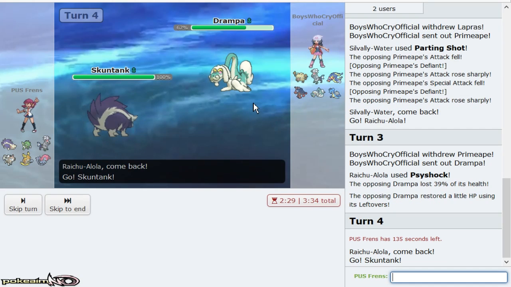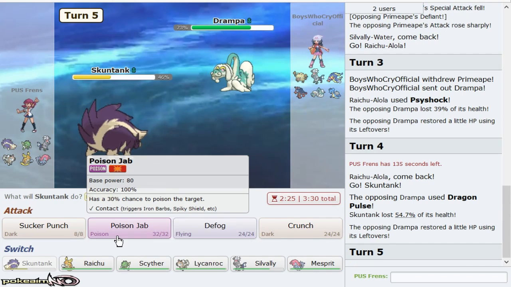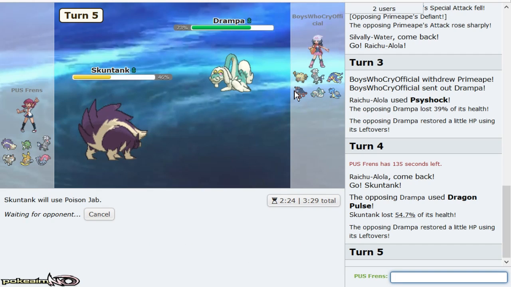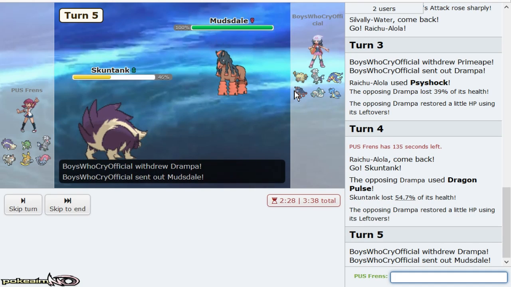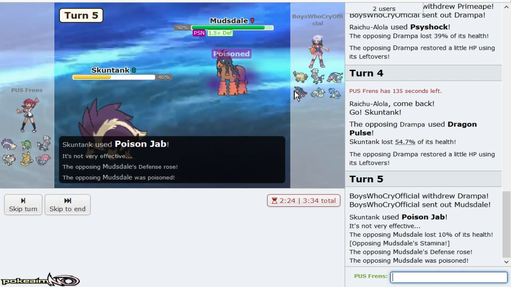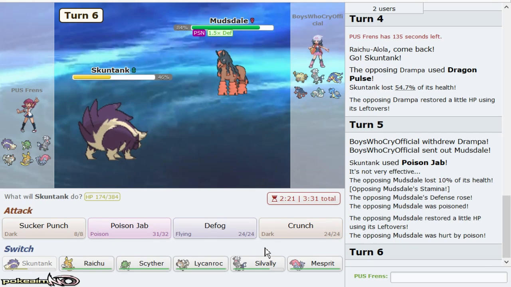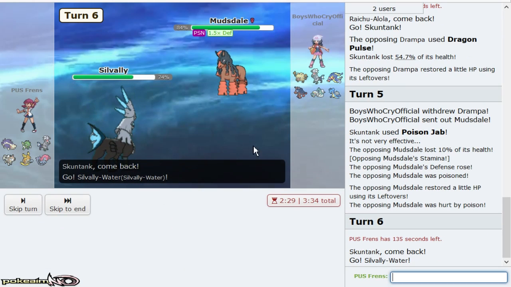I actually feel like Skuntank is a switch-in because I'll be able to take one hit. Just barely. And I'll Poison Jab over Crunch just because of the poison chance. If I get Mudsdale, that'd be nice. I'm really pretty much willing to sack my Skuntank right here just to get damage on something. And I get the poison, which is amazing. So I'm assuming that's Rocks. I'll be able to get in Silvally though and go for